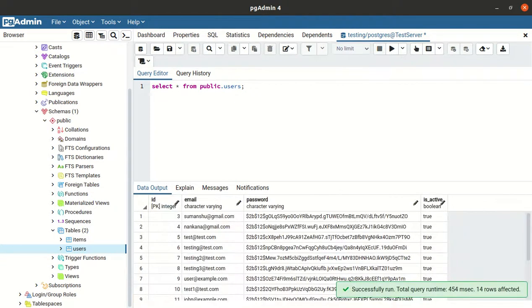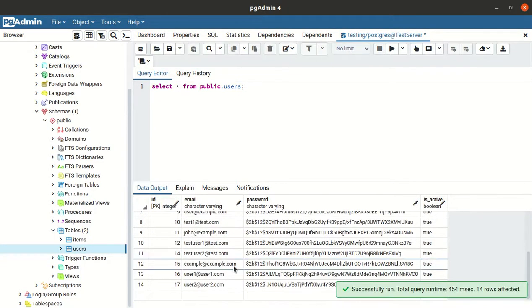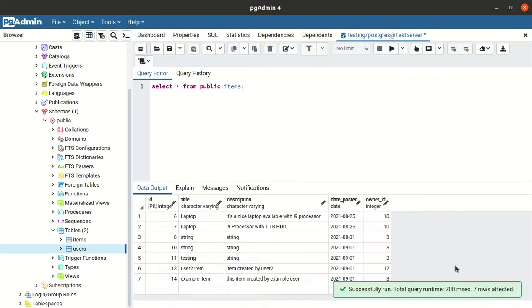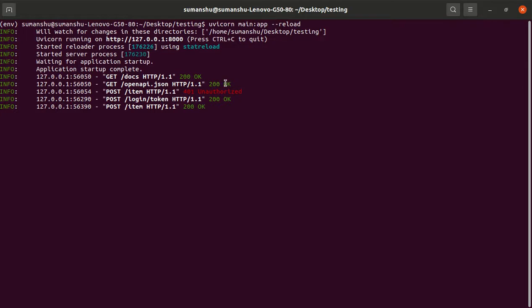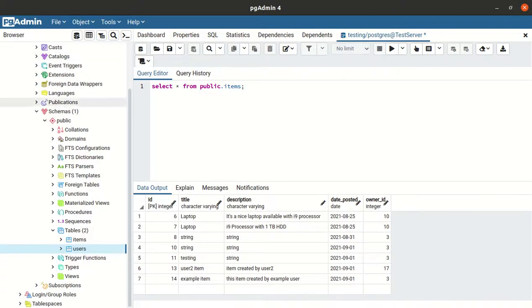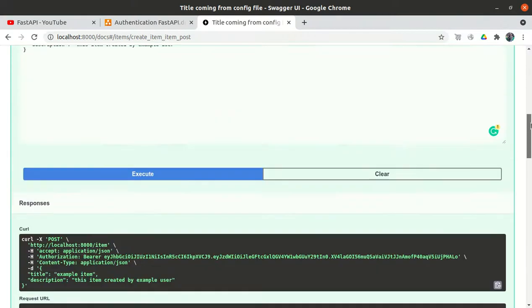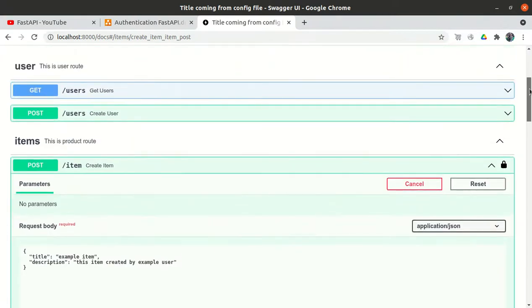we use example@example.com. So example.com has the owner ID 15, but by default in the items table it is coming as 3, because we have hard coded the owner ID. Alright, so now we will not hard code that owner ID because we have the token.